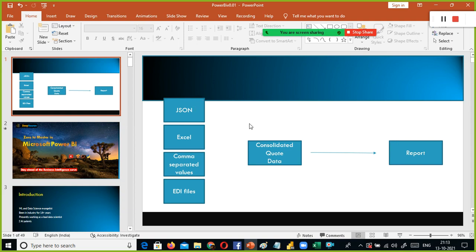So what we did using the BI tool, Power BI, was some kind of data pre-processing. With Power BI we can also do some kind of data transformation. What do you mean by data transformation? Combining all the data and then implementing some business logic, as I told you.